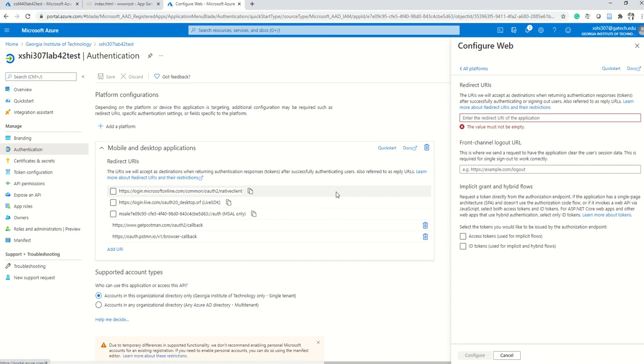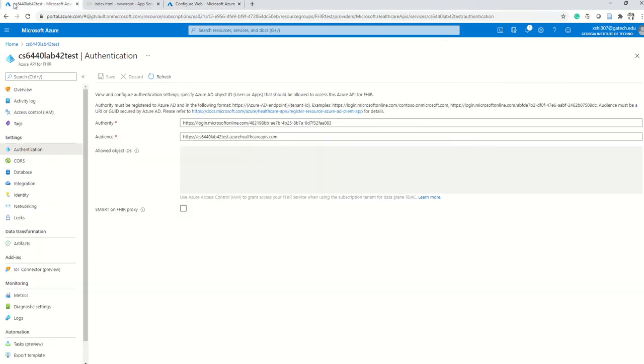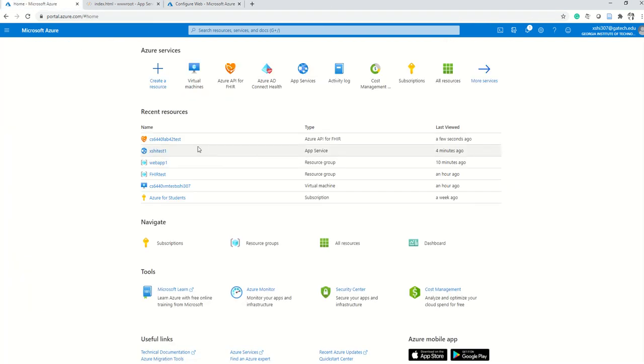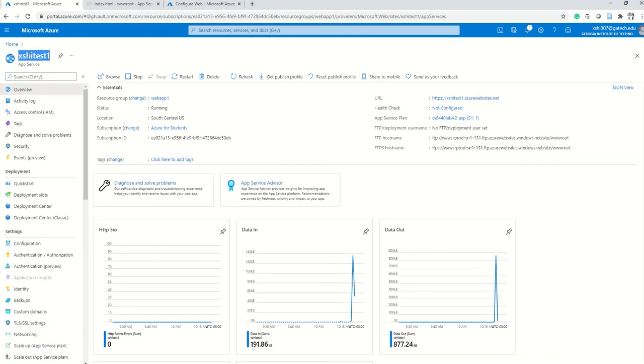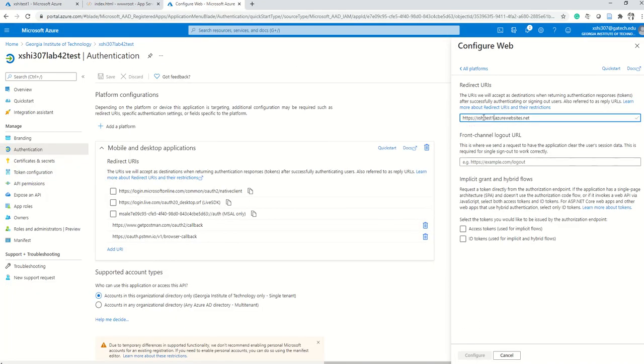We choose web. We need to have the redirect URL. It will be HTTP web application test. It will be this URL, and we need to change the web app test. The web app name in our resource is XSHI test 1. This is our web name, so we copy the web name here. And we choose access token, ID token, yes, then we